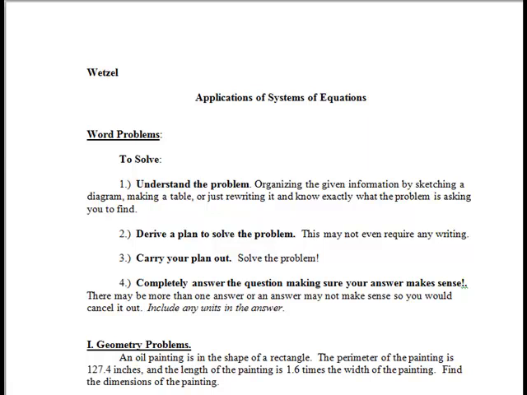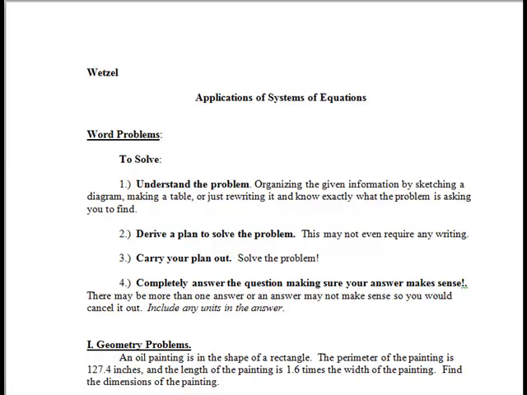Applications of systems of equations. We've worked with application problems before. We understand that they're a higher order of learning. It's not just a matter of solving a problem. You have to understand the problem, come up with a plan in order to solve it, and then execute your